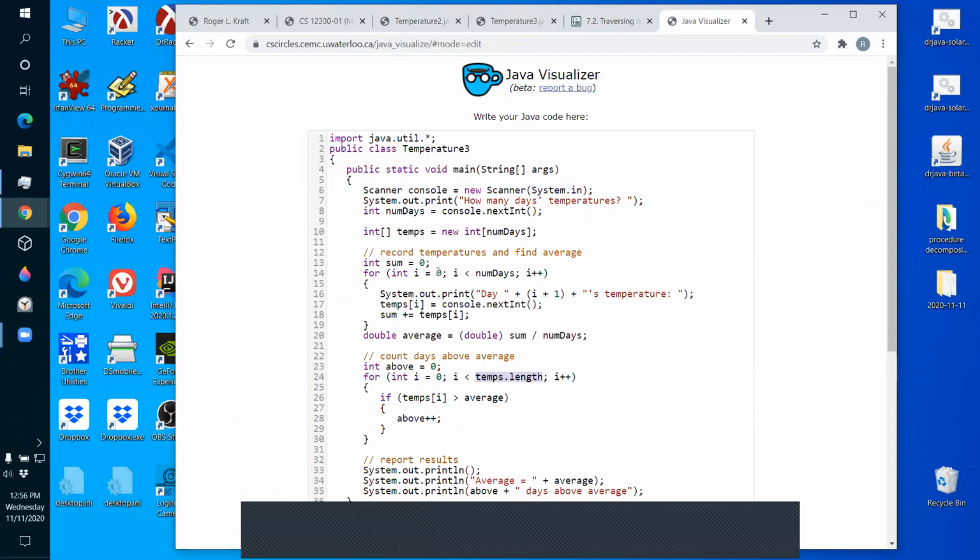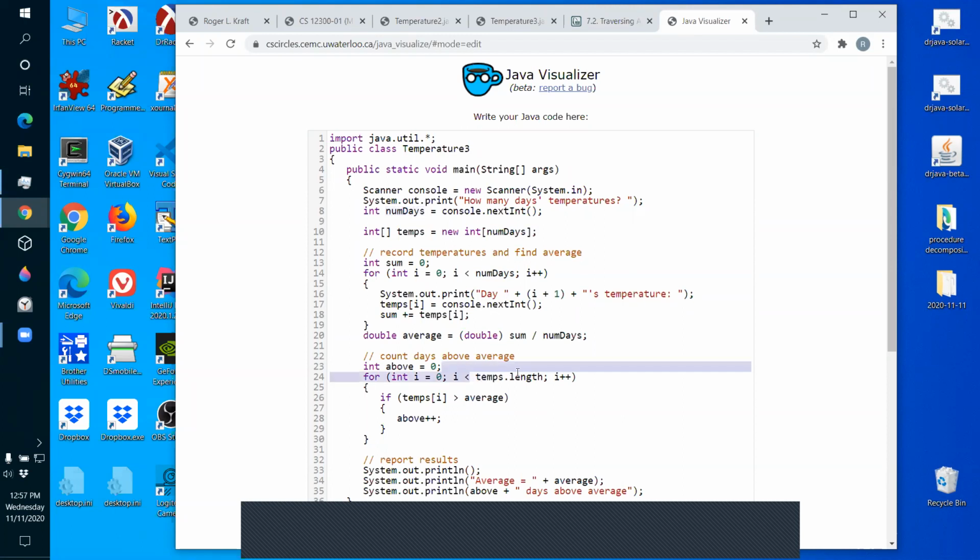Okay, this is the better way to traverse an array from beginning to end. This was kind of a bad way to do it. What I did is, because this was the last end, this was the length of the array, but I gave it a name, which is really not a good idea. If you want to go up to the end of the array, always say the name of the array dot length. The length of the array is better than having a name for it. Now I needed this variable here, but I really only needed it right there. The only place I really needed that variable is to ask the user how many days there are going to be, and then create an array of that size.